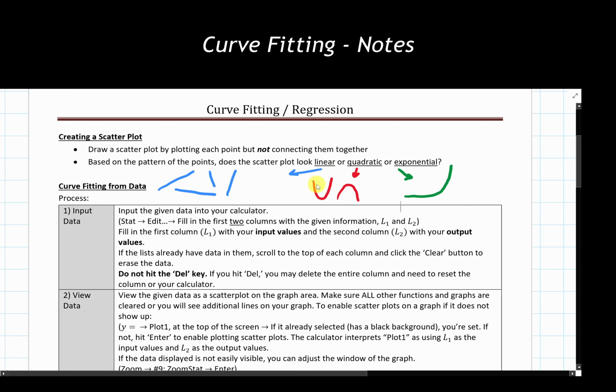So these are the main things that we are going to be looking for and the trends that we should be expecting in the sets of data that we're looking at. There are significantly more advanced versions of regression and other types and graphs that we can find, but for the purposes of this video today, we're just going to look at linear, quadratic, and exponential, though the process to find the other ones is going to be fairly similar.